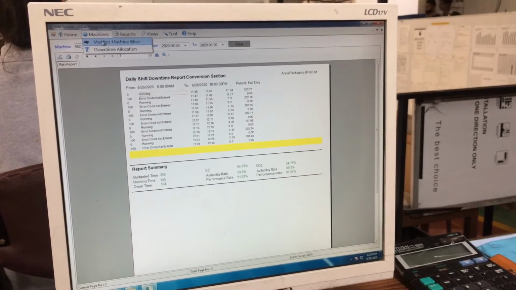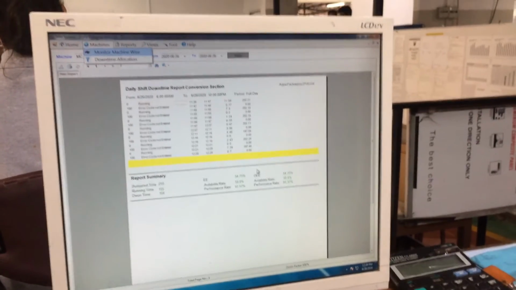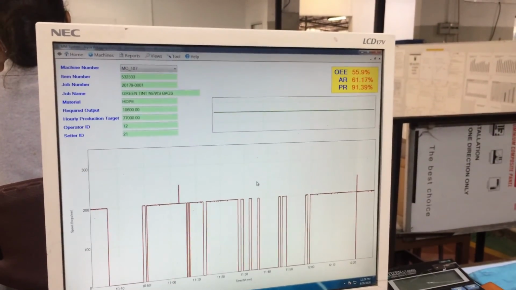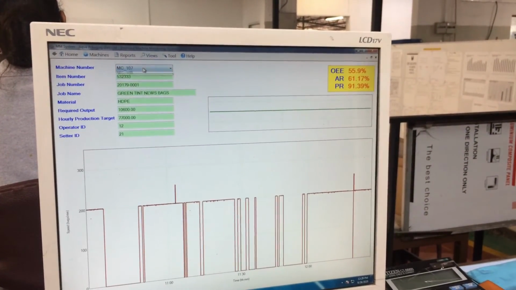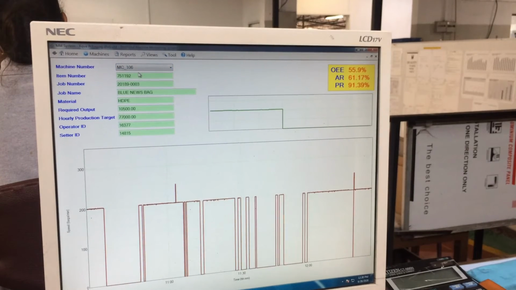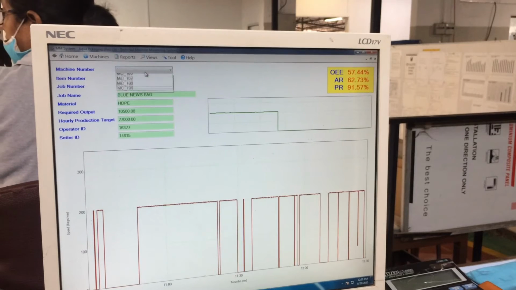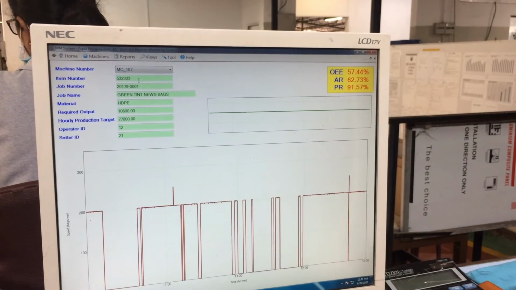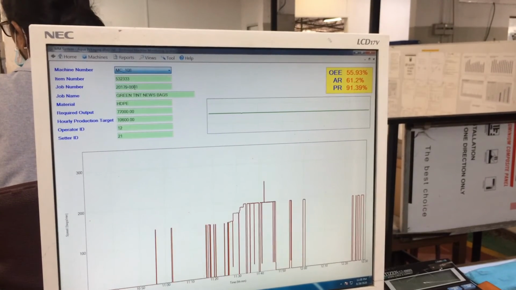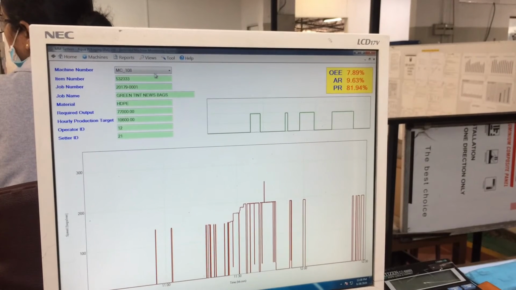By using this software, you can see the previous data of your machine as a graph. If your machine ran, you will have a graph, and if you stopped your machine, you don't have a graph.